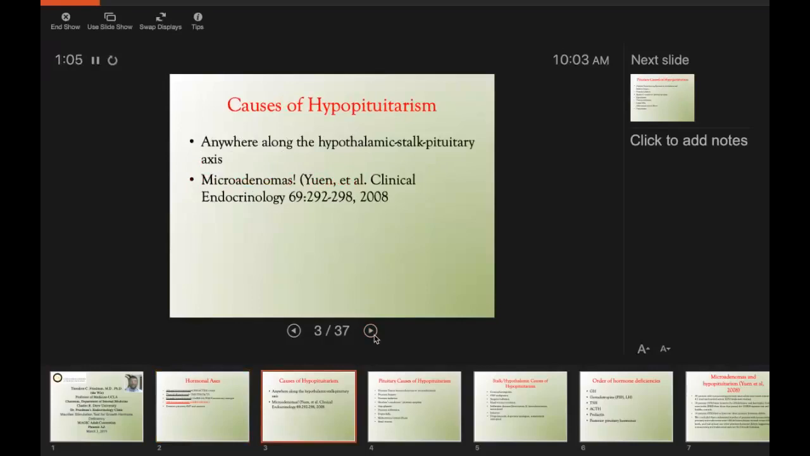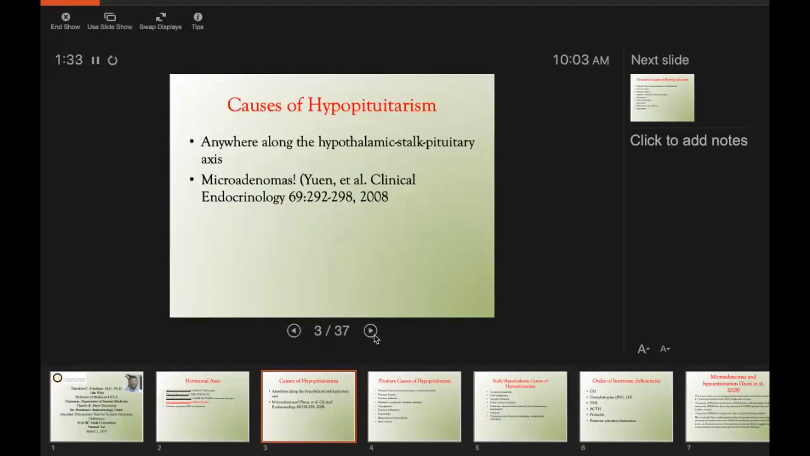What gives you growth hormone deficiency? My colleague, Kevin Nealon, who I think was here on Friday or Saturday, and I wrote a paper in 2008 showing that microadenomas can do this. I think this was a major advance. People thought microadenomas were benign, but we found that half of them or so had growth hormone deficiency. So anywhere along the hypothalamic stalk pituitary axis can lead to hypopituitarism, and growth hormone is the first hormone that's